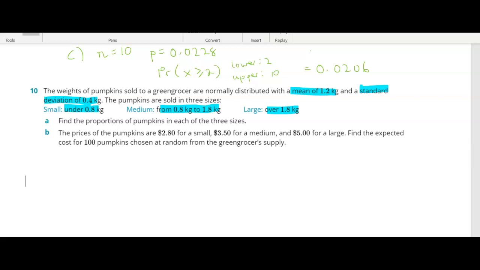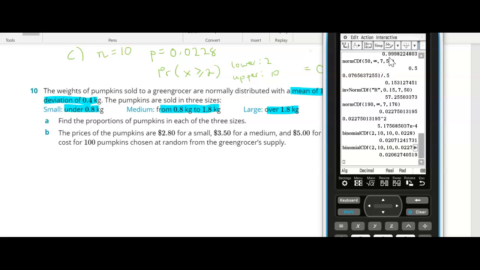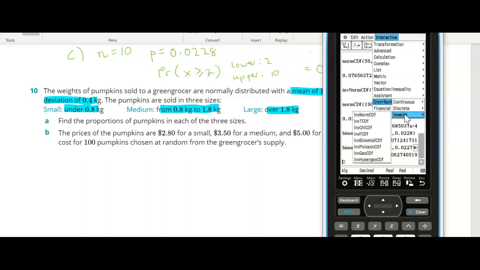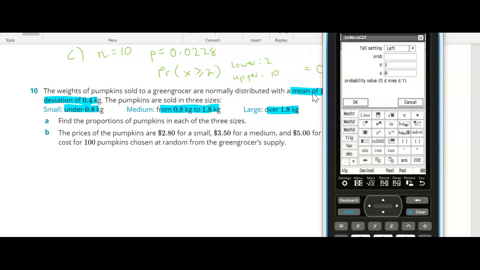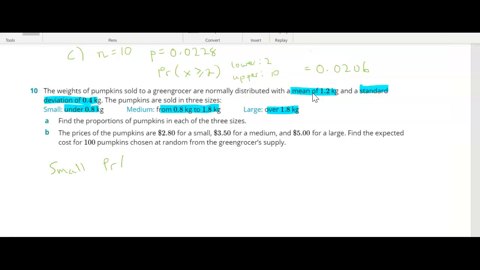Okay, so what I'm going to do, are they, oh good, I think these values, oh no they're not. I was thinking, are they straightforward? Okay, so let's do the small. All right, so we want under 0.8. So we want inverse normal. Okay, so if we're looking under 0.8, so for small, oh no, x has to be less than